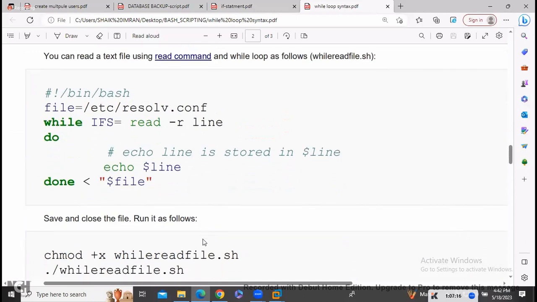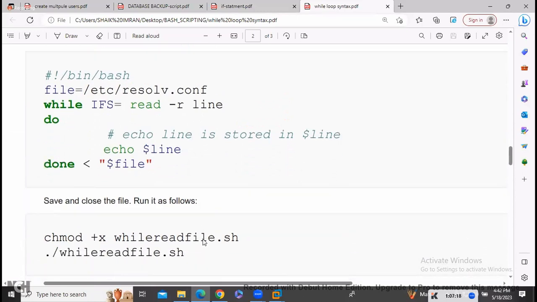Let's see guys how to read the content of the file using a while loop. Okay. Like the cat command, guys. Okay. So here the file name is etc resolv.conf. You don't know about resolv.conf because we didn't discuss the DNS server. Instead of resolv.conf, we'll give some different file name. So I think the hosts file you know very well. So we are going to provide the hosts file name instead of